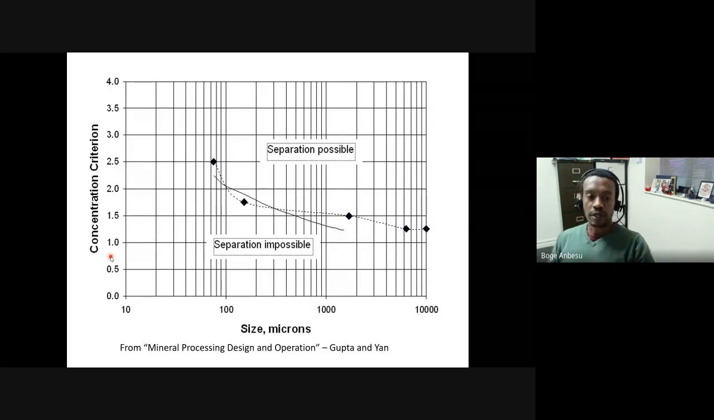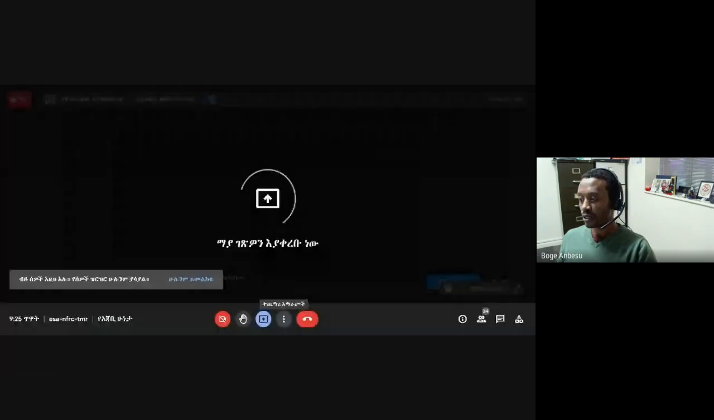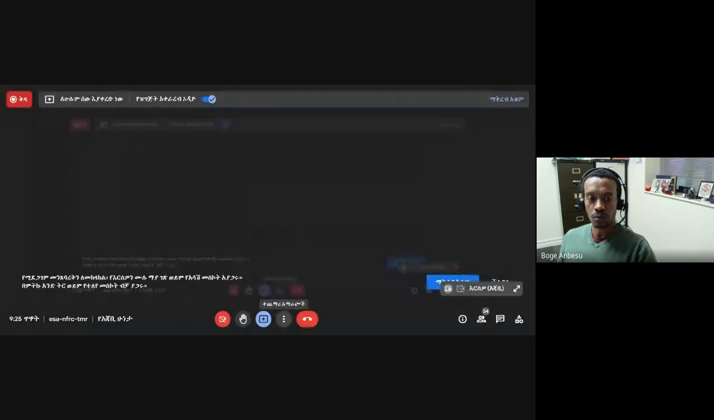So this figure here roughly tells you what's going on. Again, the y-axis is concentration criteria and the x-axis is size. As you can see here, as size increases, gravity separators should work well, usually for coarse particles. But as size decreases, say below,